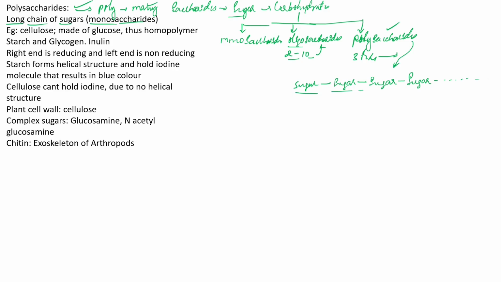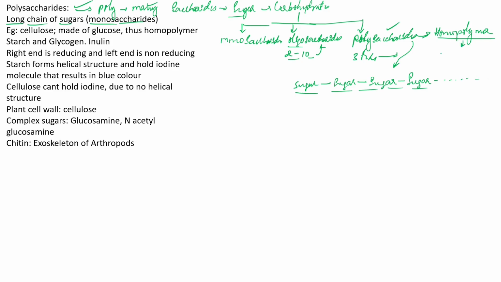What you're looking at here is that simple linking of one sugar with another will result in the formation of what? Polysaccharides. And in most of the cases, you see that polysaccharides are generally homopolymers, right? They are mainly homopolymers. Now, what do you mean by homopolymer? Generally we have two kinds of terms. The first is the heteropolymer, and one more is the homopolymer.